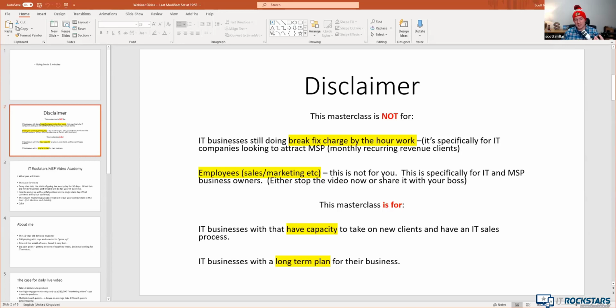Secondly, you must have an IT sales process. So what I'm going to show you is the marketing. It's the bit before the sale. It's the bit before you meet the business owner, the person that's deciding on that IT support provider. I'm showing you the marketing process that leads up to the sales meeting. So that introductory meeting with that potential new client and that whole sales process, that's a completely different thing than what I'm going to show you here today.